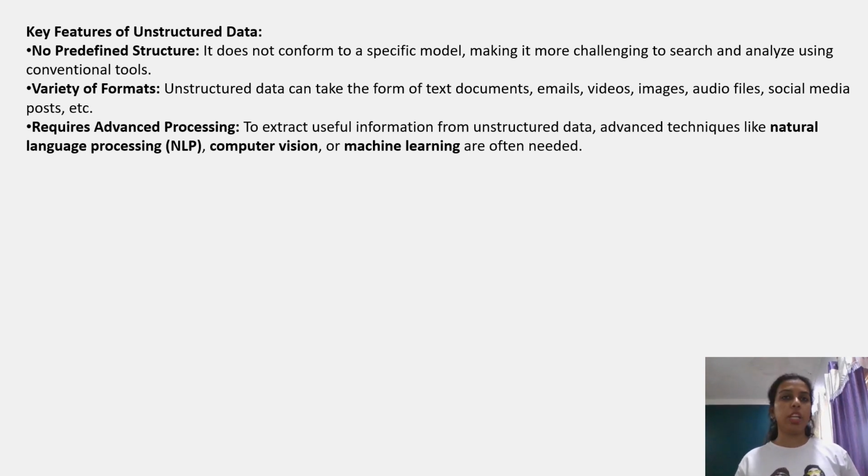They have no predefined structure. There's no clear format or organization, making it hard to fit into tables. They have a variety of formats. It can be text, audio, video, or even log files. They require advanced techniques. Tools like natural language processing, machine learning are needed to extract insights from unstructured data. They're large in volume. Unstructured data makes up the majority of data available today, such as social media content, emails,